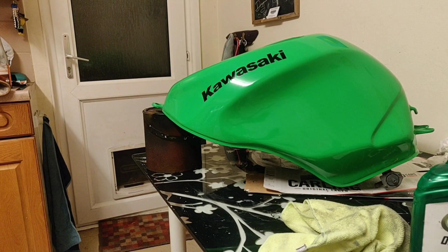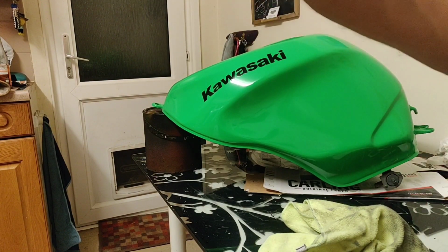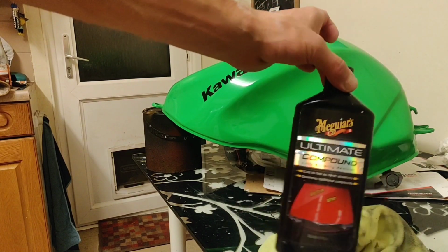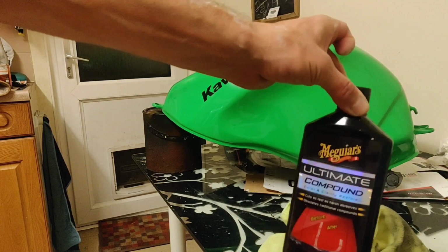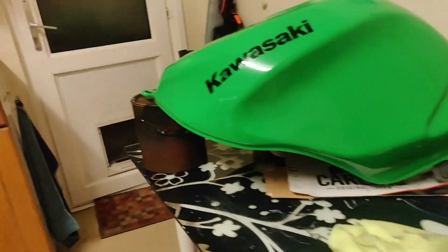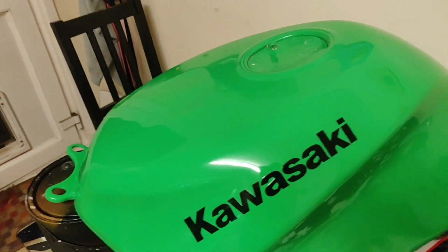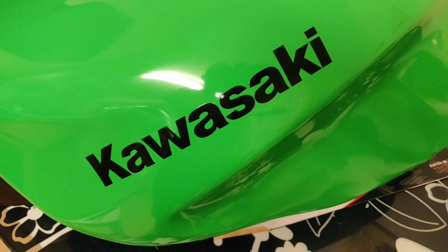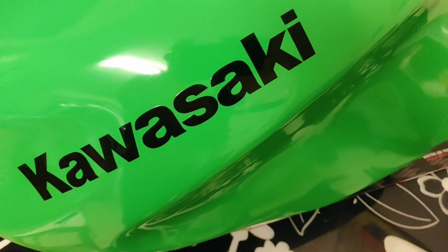Right, so that is the Maguire's done. So that was 2 coats of that. First one, it just really soaks it up. Second one was a lot more surface. It didn't just disappear straight away, but it's looking pretty good, I think. Yeah, it's really getting there. You get a good reflection of the table surface on there, and you can even see my head waving around